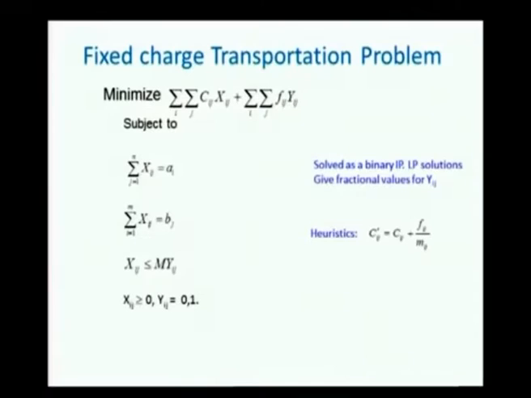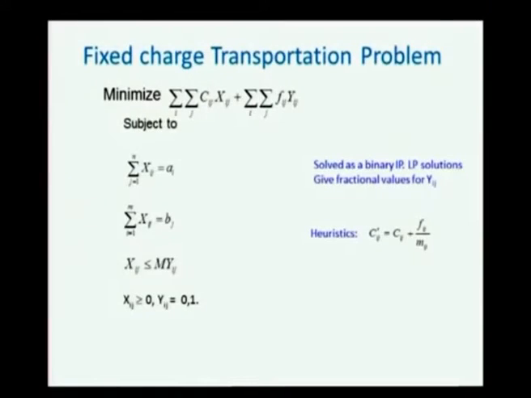In this lecture we see the fixed charge transportation problem. We have already seen this formulation of the fixed charge problem in a previous lecture, where I explained that this problem becomes significant when there is a fixed charge of transporting from a given source to a given destination. We have also seen that the toll paid while moving items from i to j could represent the fixed charge between i and j.